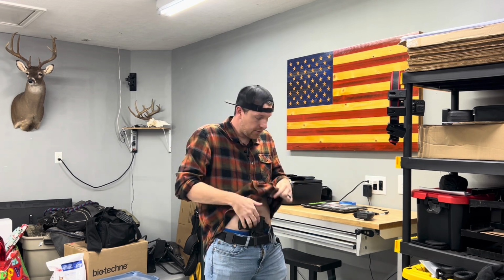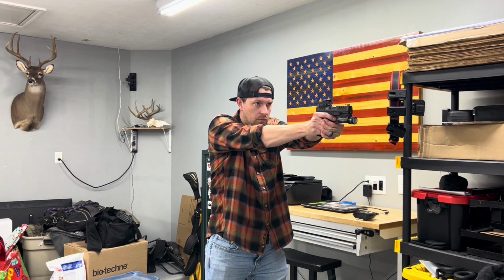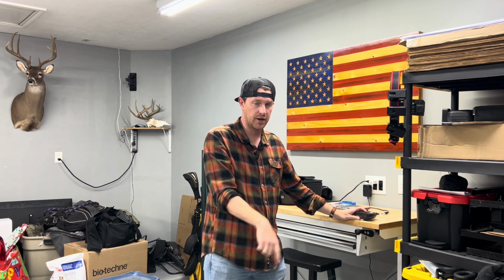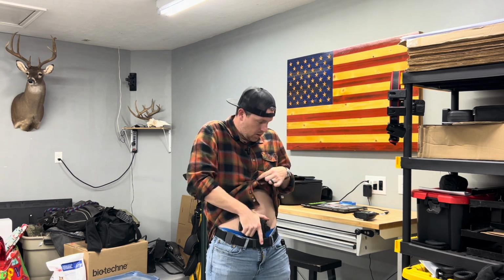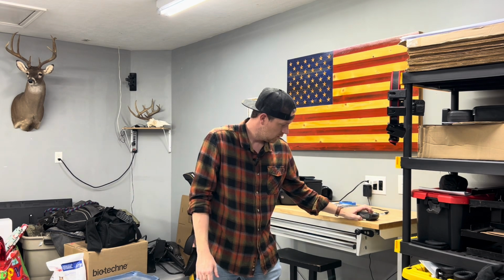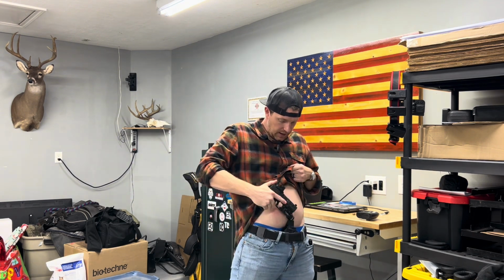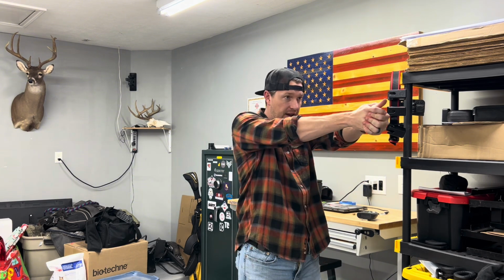So I was slow. I fumbled my grip. That was better. Sights landed right where they needed to, and I pressed the trigger immediately. One more time. Okay. And that's all I'm doing. I'll do about 10 reps of that, or as many as I feel like I need to, right? But I'm making sure that that grip is exactly the way it would be as if I'm live on the